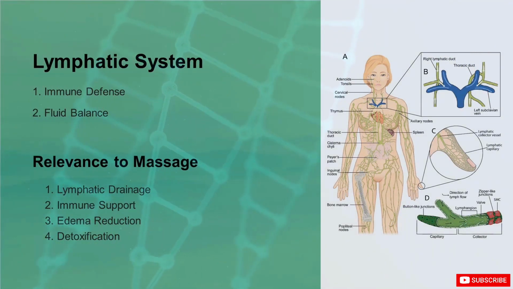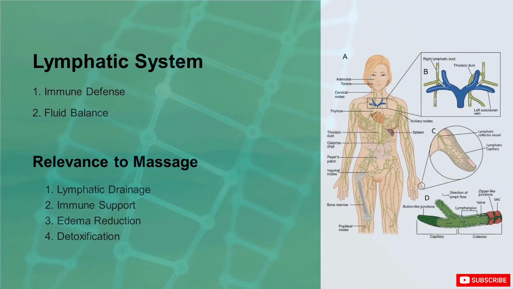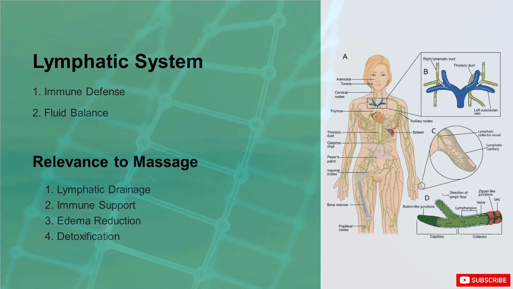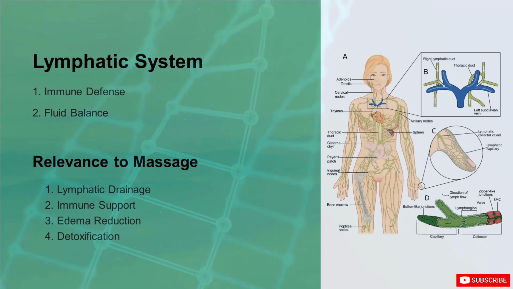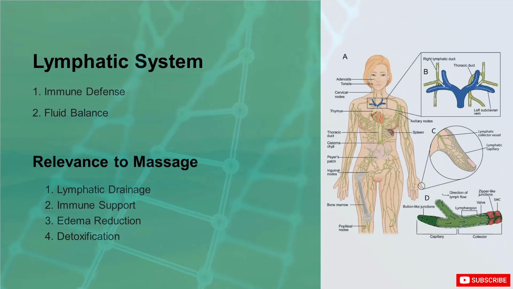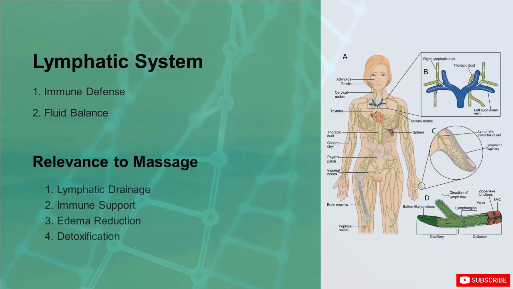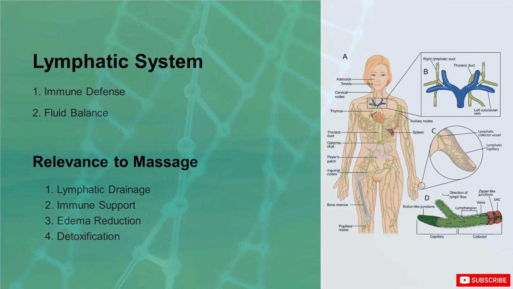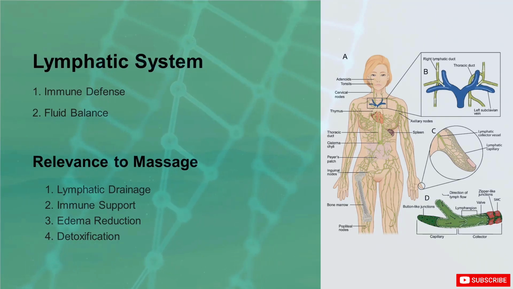Lymphatic system. The lymphatic system is a network of vessels, nodes, and organs that works in conjunction with the immune system to defend the body against infections and diseases. It helps maintain fluid balance and removes waste products and toxins from tissues. The key functions of the lymphatic system include: